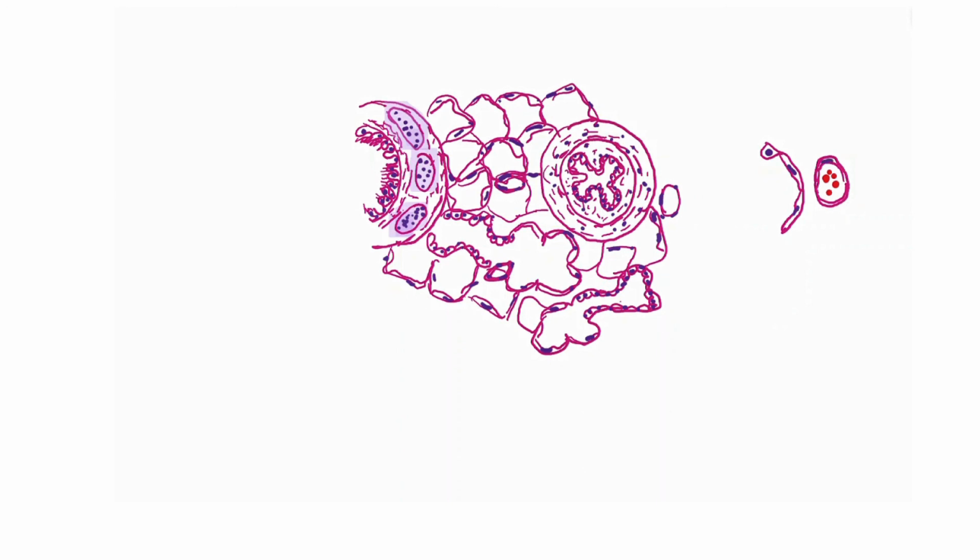Now the blood-air barrier means the barrier which the oxygen or the carbon dioxide has to cross for gaseous exchange. So it is made up of, first is the basal lamina of the alveolus. The second is the type 1 pneumocyte. Similarly, on the other side will be the basal lamina of the endothelium and the endothelial cells of the capillaries. So these four things will form the blood-air barrier.